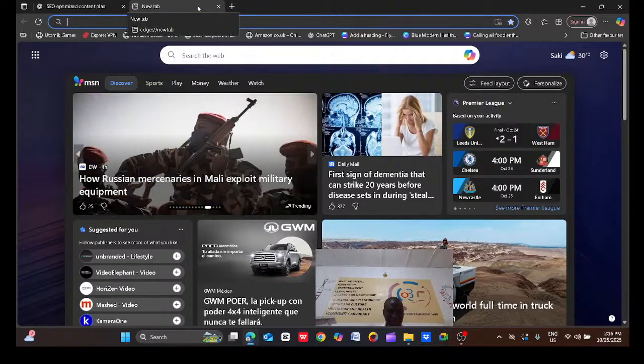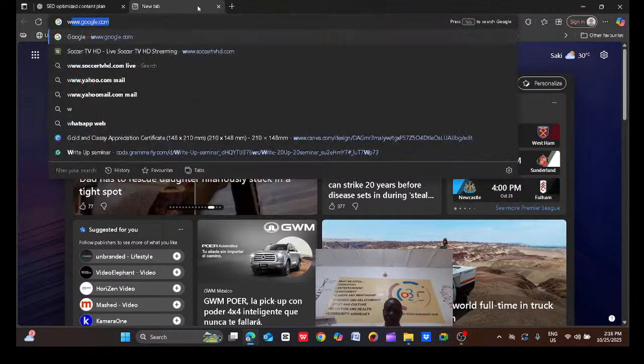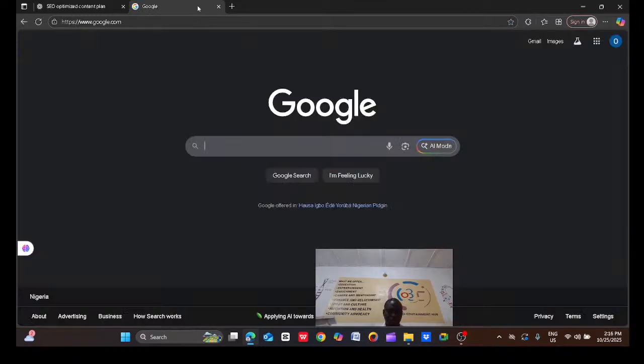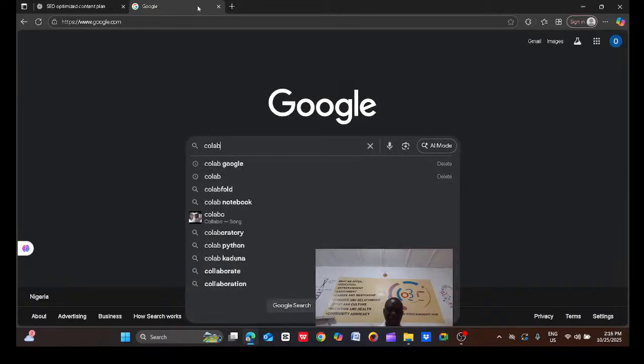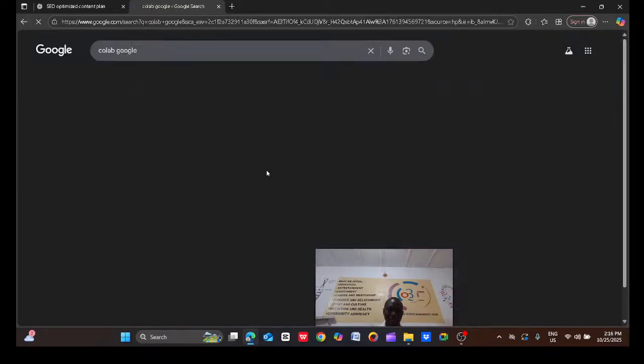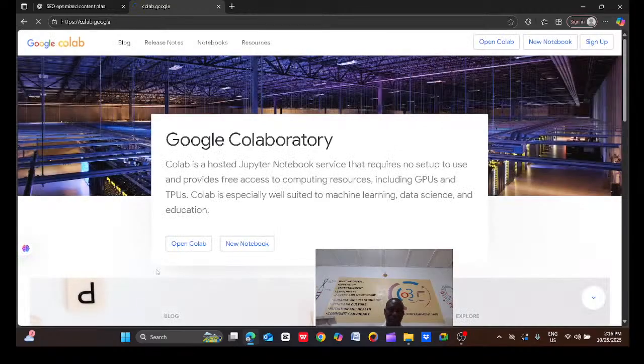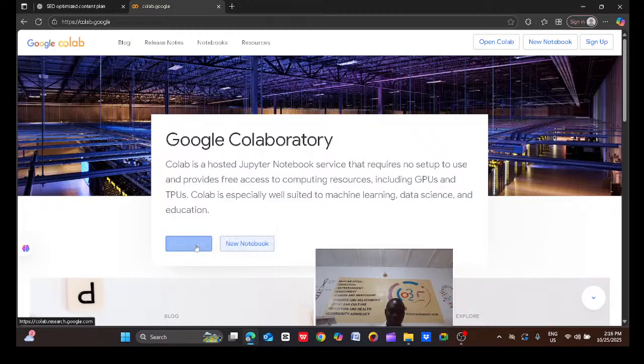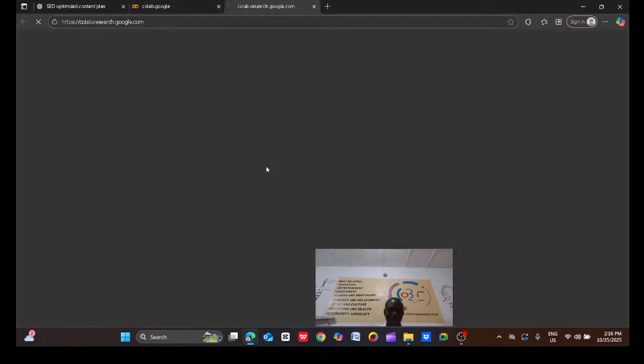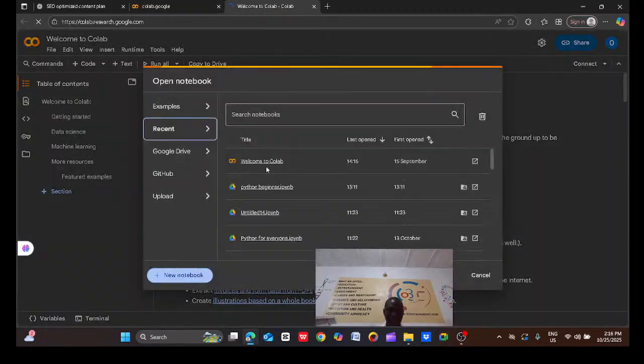Okay, so let's go back to where we left off in the first lecture. The first thing is to go again to the Google interface. Then on the Google interface, you type Google Colab, and I told you what you should be looking out for. So click the first one. Now, the first time you opened Colab, you named it. So now let's open the Colab this time around. Let's open Colab. You click on Colab.